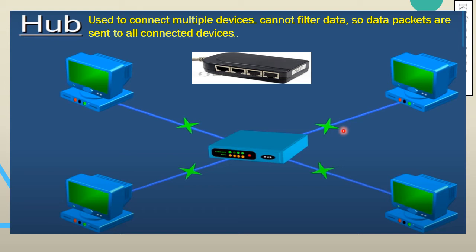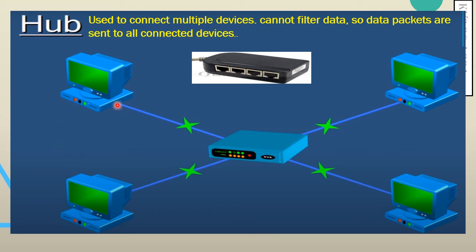The example of hub and switch from our daily life: if I am taking a class and whatever I am speaking, I am working like a hub. All the students in the class can listen. But if I call a particular student near me and I tell something special to that particular student, then that is the function of switch. That the message is given to a particular recipient.